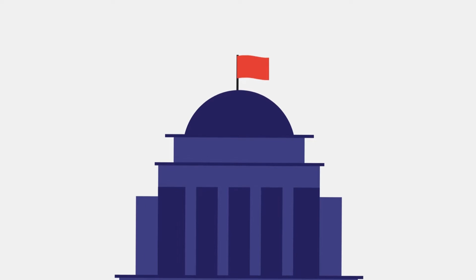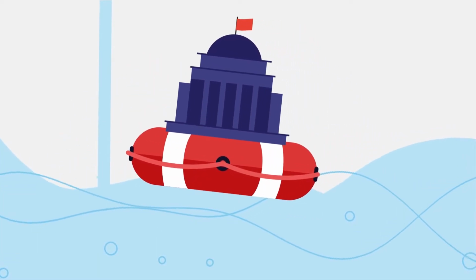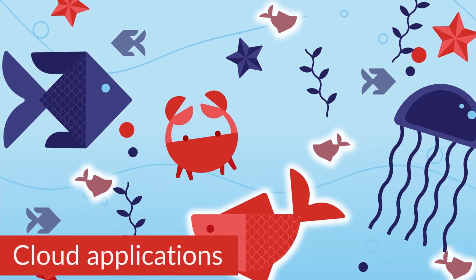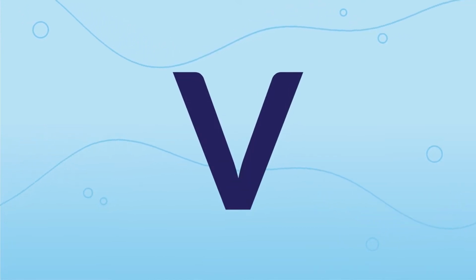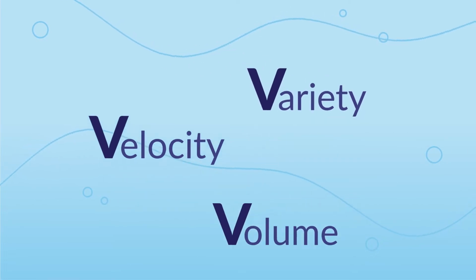When it comes to managing real-time, data-intensive workloads, agencies are struggling. They've got a lot of data coming at them. It comes from their own data centers, their cloud applications, the Internet of Things, and other dynamic sources. That data is in a lot of different formats, and it comes at them fast. In other words, they're dealing with the 3 V's: volume, variety, and velocity, all of which ties into applications that